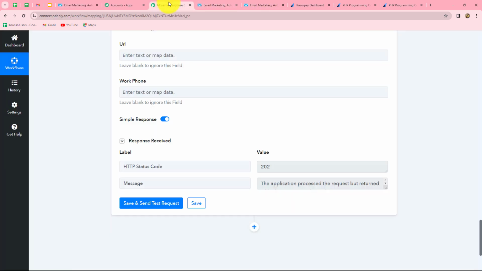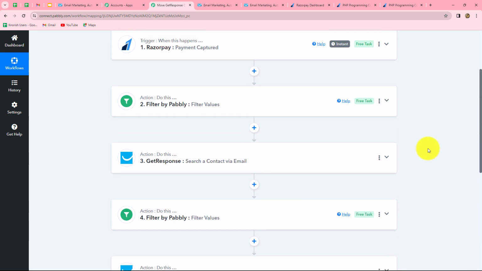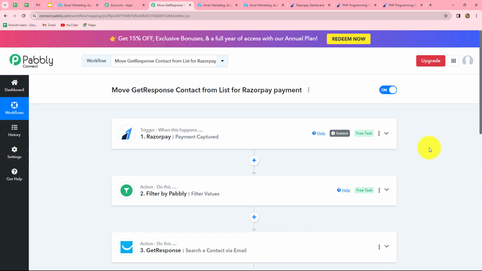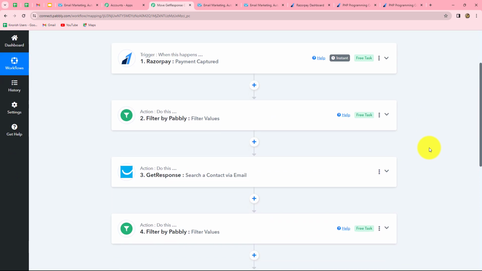So we will go back towards Pabbly Connect and we will summarize what we have done here in this workflow. So we have taken 6 simple steps over here, trigger and 5 actions. In trigger, we have taken Razorpay and in actions, we have taken filter by Pabbly and GetResponse. And we have connected all of them by using Pabbly Connect in such a way that now whenever a new payment will be captured in Razorpay for a particular product,